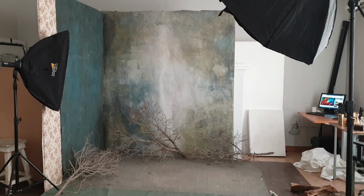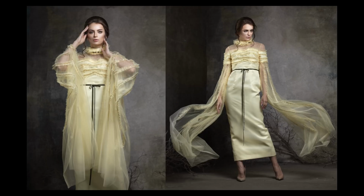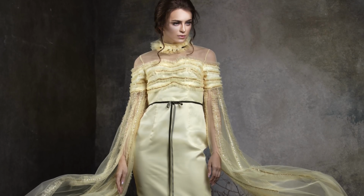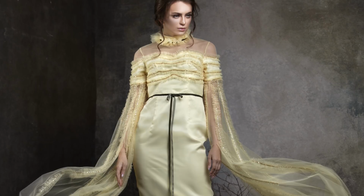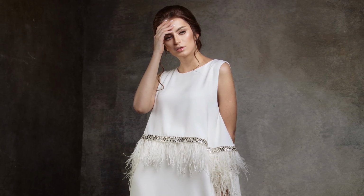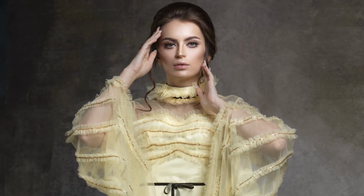Now, I'm shooting on the 70-200 2.8L. This is the Mark I Canon telephoto lens. I love it because it's versatile. You can sit back, just shoot away, zoom in. You can get close-ups, half body, 3/4 and full lengths, all from the comfort of one spot. And if you're shooting a big collection, or if you're just lazy like me and you don't want to move in and out, then going with a top quality telephoto lens like this, you won't sacrifice anything when it comes